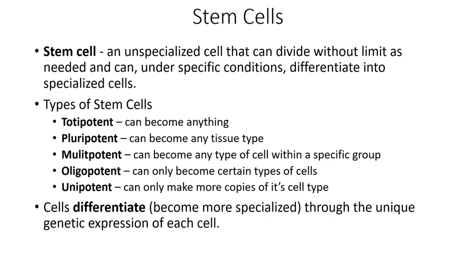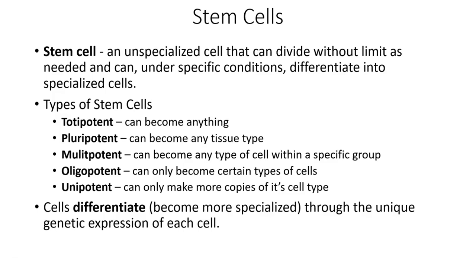Multipotent stem cells, these are a little bit more specialized. They have been told you are going to become this general type of cell. You're going to become some type of blood cell, you're going to become some type of muscle cell, you're going to become some type of epithelial cell. So they have a direction, but they can still become any type of cell within that specific group. So they can become any type of blood cell if they've been specialized in that direction, they can become any type of epithelial cell if they've been specialized in that direction. So they have kind of a category of cell that they've been specialized into, but they can become any type of cell within that category.